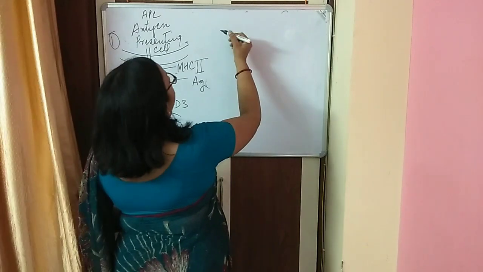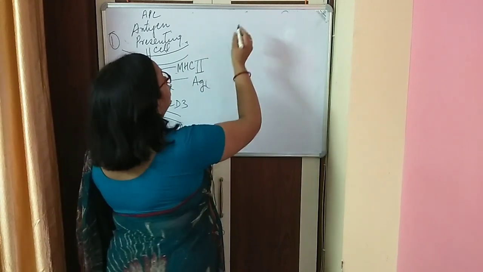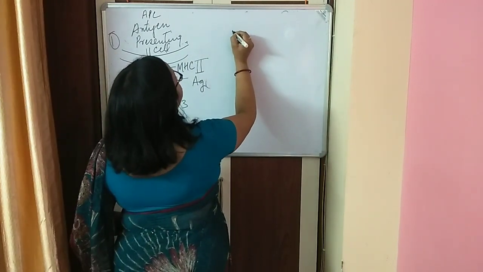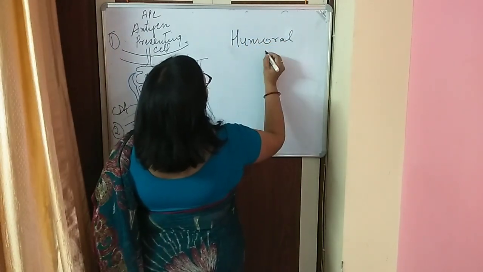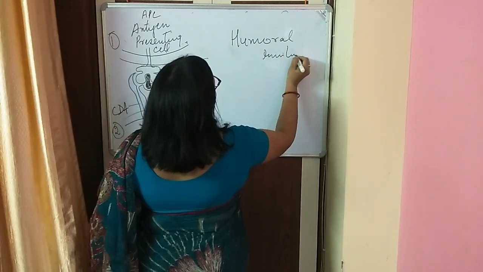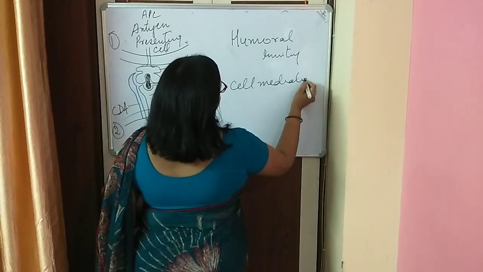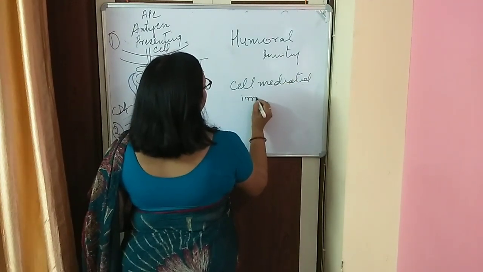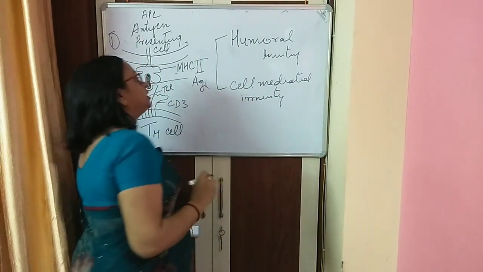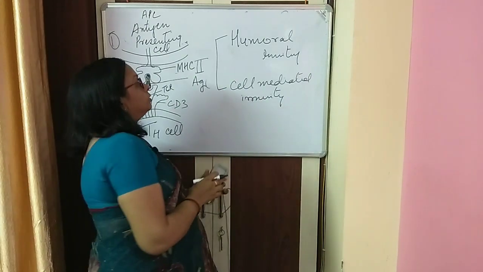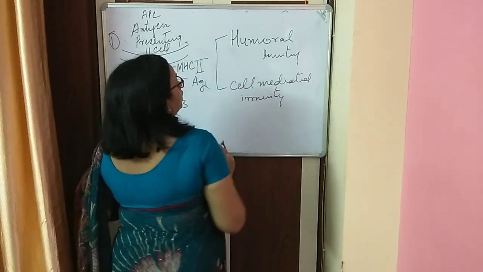Another term you might have studied in the notes which I gave you earlier is humoral immunity and cell mediated immunity. These two terminologies you are aware of. Humoral immunity means